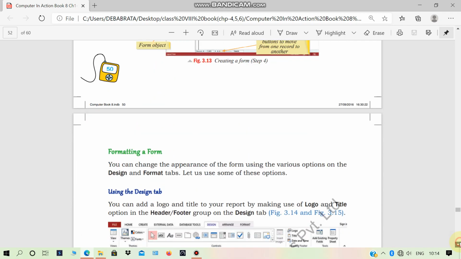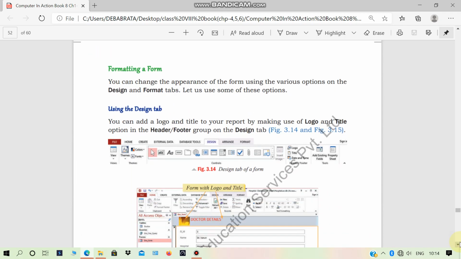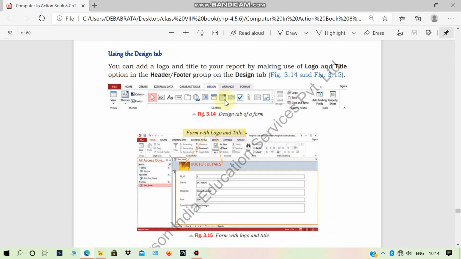Now when you have created a form, you can see 3 extra tabs coming: design, arrange and format. So we can design and format the form. How? First, you click on the design tab.